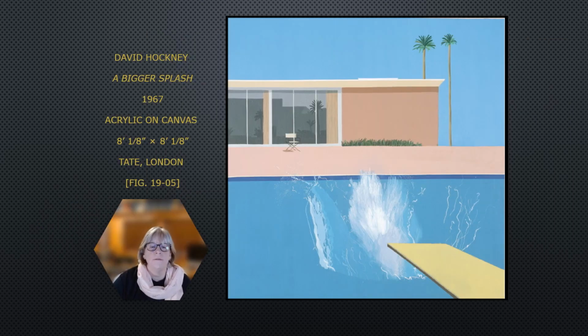Despite his appearance and public image, Hockney's work was not truly considered pop art. This piece, called A Bigger Splash from 1967, shows a swimming pool. This was an image that showed up frequently in his paintings of this time. This is a cool, crisp painting that uses flat colors to show the lifestyle of Southern California.